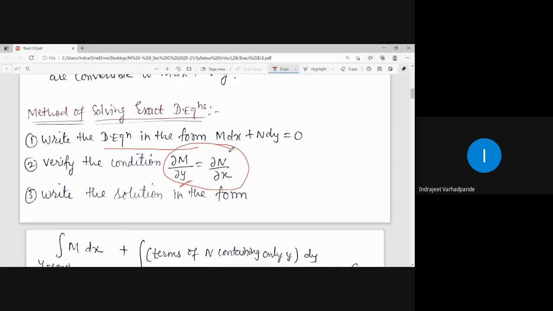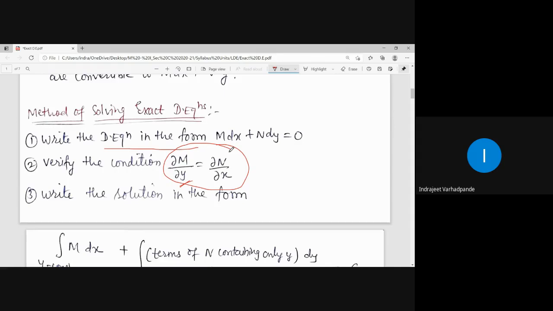How do we calculate the partial derivative? Calculation of the partial derivative is the same as the usual process of calculating an ordinary derivative. Only whenever there is a function of two or more variables, the derivative is no more ordinary. The operator used is del, and its derivative is called the partial derivative. So whenever we have a function of two or more variables and we are differentiating with respect to any one of the variables, the other is to be treated as constant.